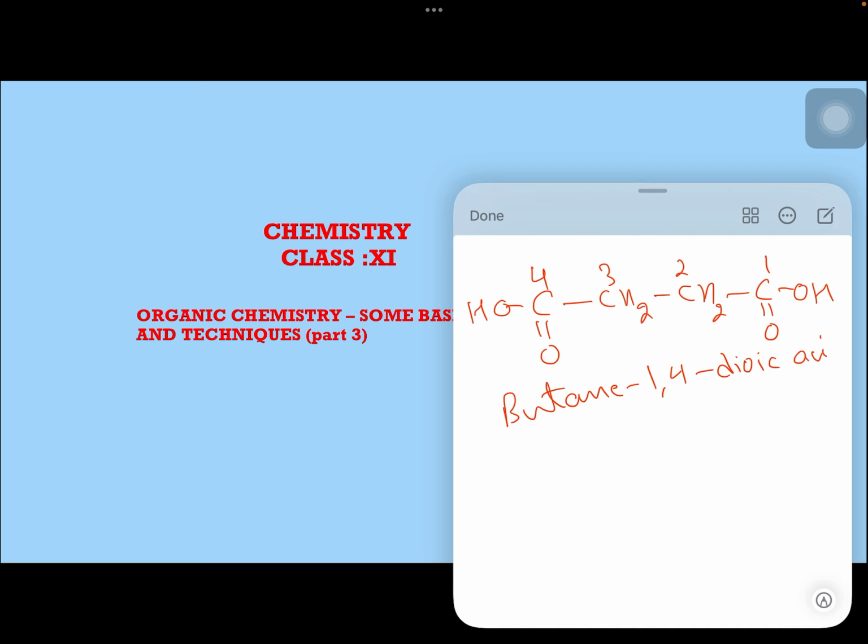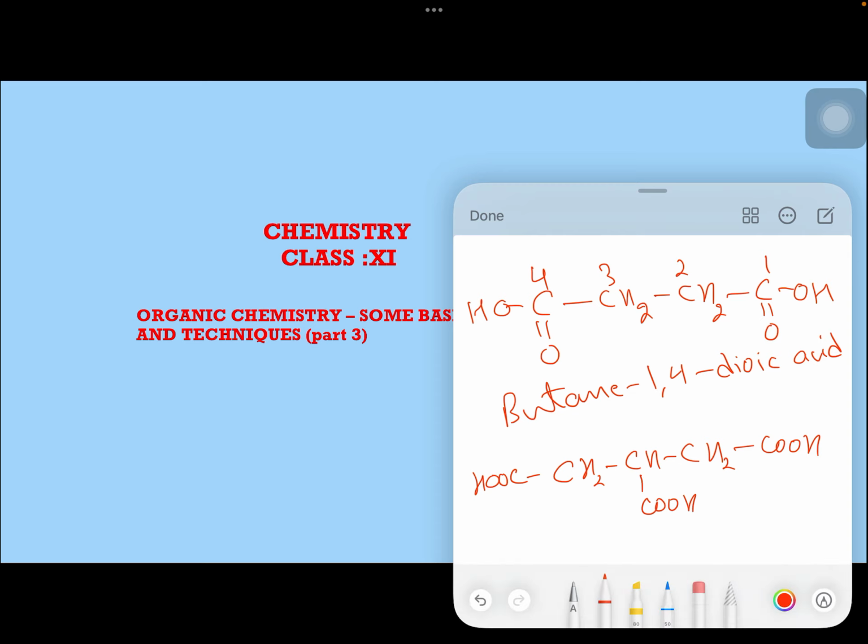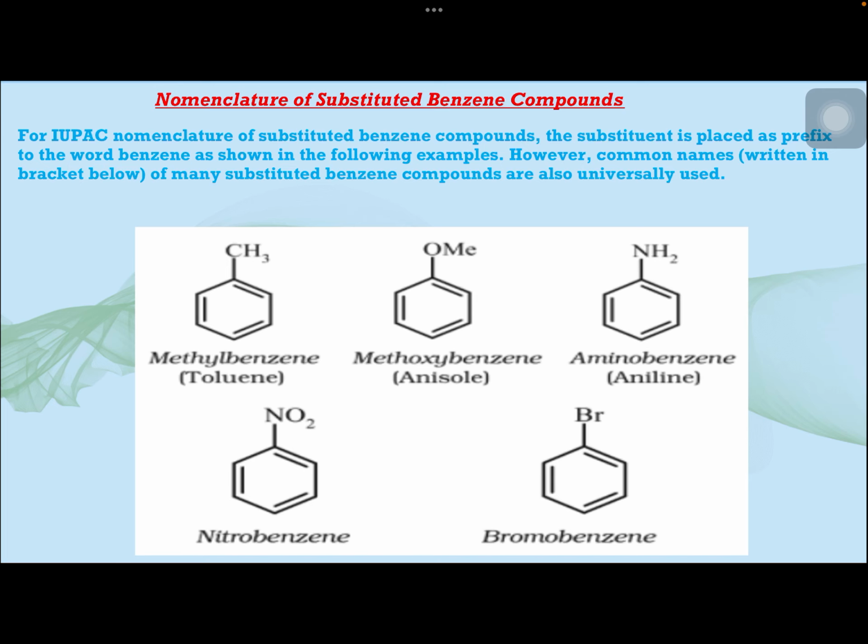dioic acid. Now here also, if you take the same example, you have 3 carbons. Each carbon is having a COOH on it, and I am not able to count the carbons of the functional group in the main chain. What do I do? I will simply take this as the main chain, propane, and the term used for COOH, if you have not already counted the carbons, is carboxylic acid. So propane 1, 2, 3 tricarboxylic acid is the name for this compound. So these were slightly different, unusual compounds, so I discussed.